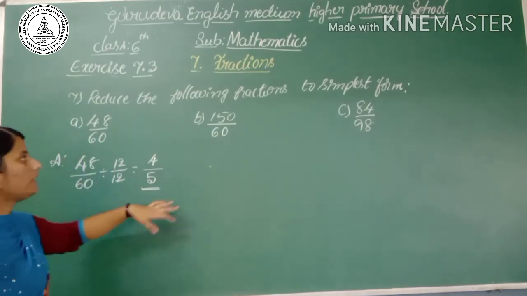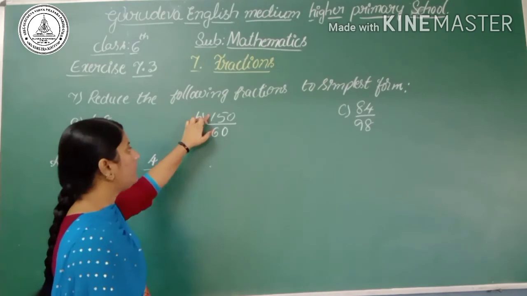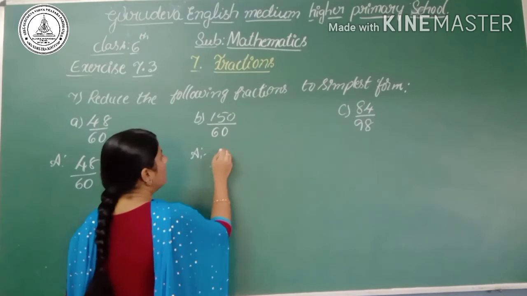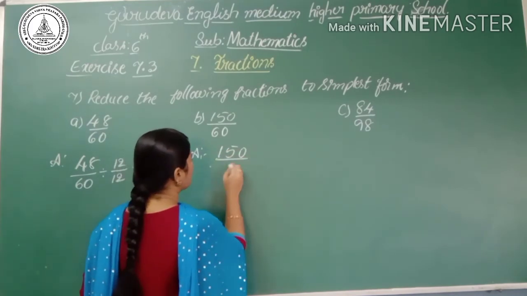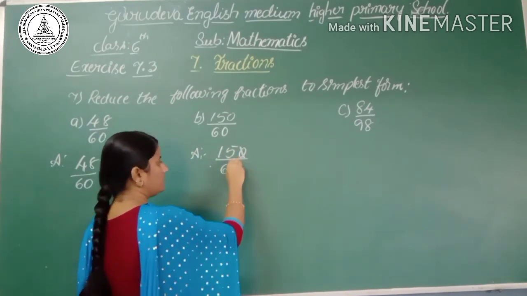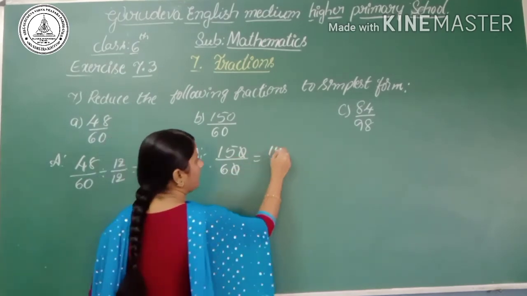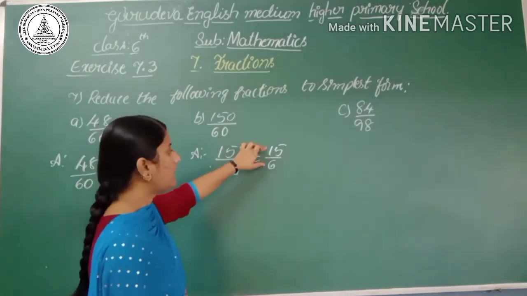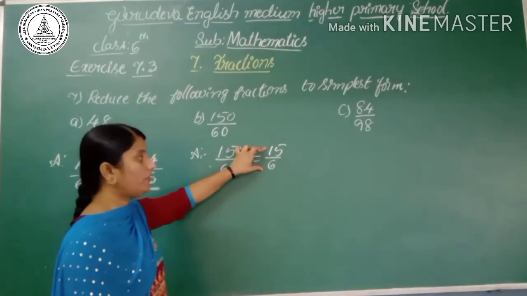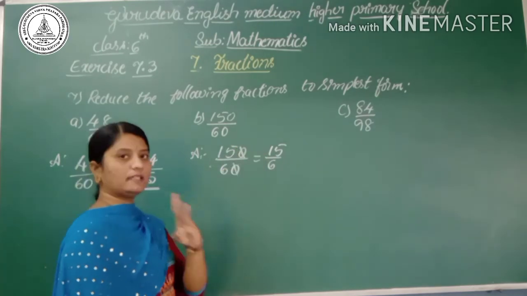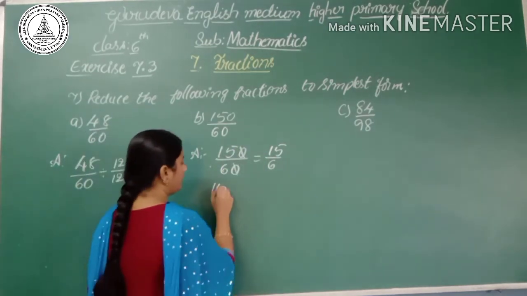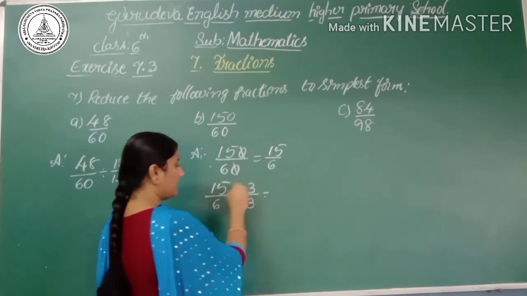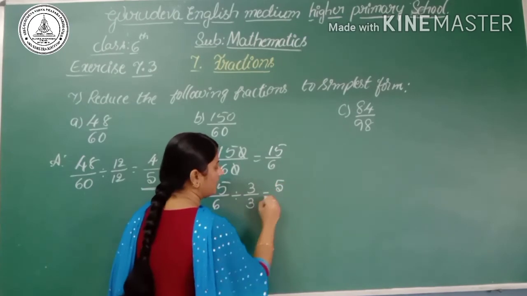Okay, yes. Now you can see the second question, 150 divided by 60. In these cases, first cancel the zeros. So 0 and 0 get cancelled, so it will become 15 by 6. Observe here, 15 and 6 come in the same table. Which table is that? Yes, that is the 3 table. Then divide by 3. 15 by 6 divided by 3. 3 how much are 15? Yes, that is 3 5s are 15.